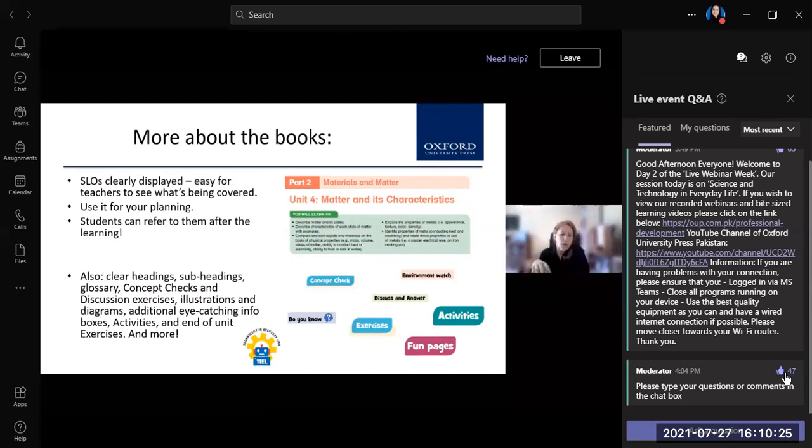And you will be able to have opportunities if you prepare in the way that I suggested, which is to read through the part that you're going to be covering. You will be able to have lots of opportunities throughout your teaching from the get-go of a lesson or a series of lessons right the way through to the end, of different types of assessment opportunities where you can look at their prior learning, their ongoing learning, formative and also summative. But don't get stuck with that. Don't get stuck with the idea of opening page 1 and starting there and working through. The textbooks have, for year 4 and year 5, 10 units, and the final unit is all about technology. So it's a really good unit to dip into when you feel that you need to recap that